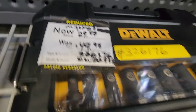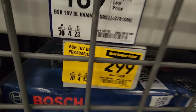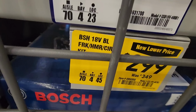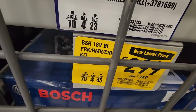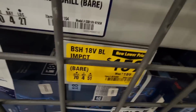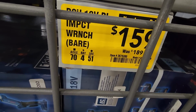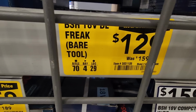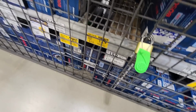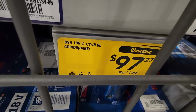$29.98 for these sockets. Is missing one, I believe, from what it looks like. Got this one $2.99 down from $3.49. Got the Freak hammer drill and circular saw. You got the impact wrench, $159 down from $189. Get the Freak bare tool, $129 down from $159. Got that grinder. It's a 4.5 inch brushless grinder,